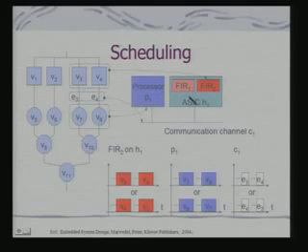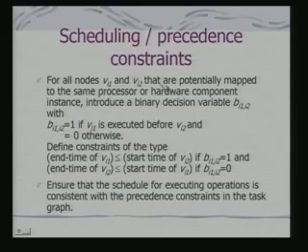And the scheduling problem comes in: how these tasks are to be scheduled. If there are two tasks mapped onto the ASIC, that is V3 and V4, what is the order in which they should be scheduled? Similarly, if V7 and V8 are mapped onto this processor P1, how are these to be scheduled, and how is communication to be scheduled so that I satisfy the constraints of the task graph? These conditions can also be formally represented.